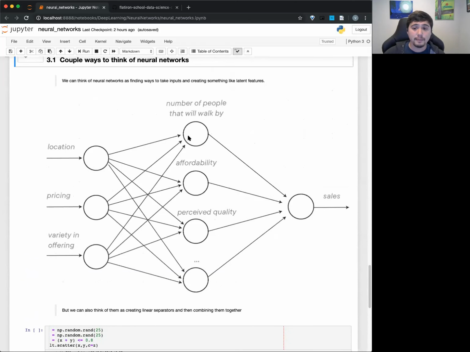And the idea here is that in this neural network, each of these is a perceptron by itself. If you looked at just this one by itself, it's basically a perceptron. It's a little skewed over, but you can see it's taking three inputs in and putting one output out. So you can think of each of these little perceptrons, which are just called neurons, as taking in all these different inputs and making a decision, finding these latent features. If you remember back when we did embeddings,